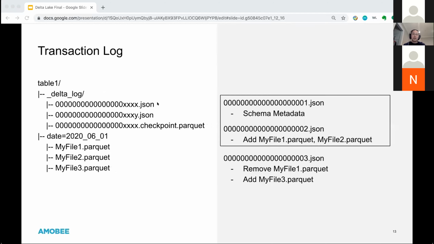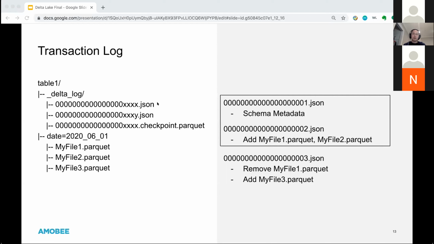All the magic actually happens in the transaction log. So what is the transaction log? The transaction log is stored in the Delta log folder, and this folder lives next to your Parquet data. As you can see on the left side, the transaction logs are stored in different JSON files or Parquet files. Each JSON file is actually one commit, and for every 10 commits, Delta Lake will create checkpoint files. As you can see, it uses Parquet here.